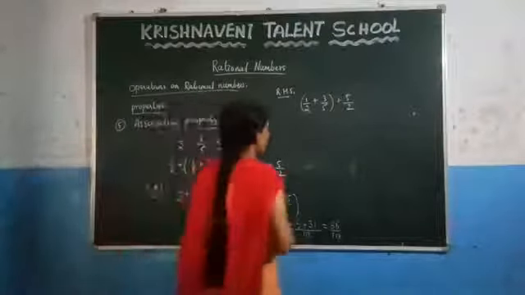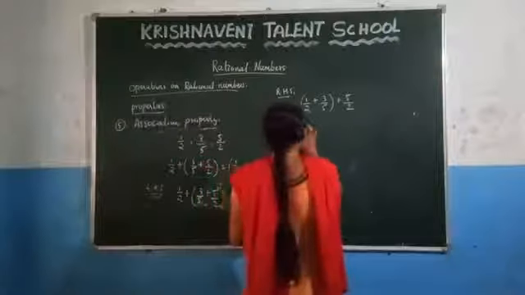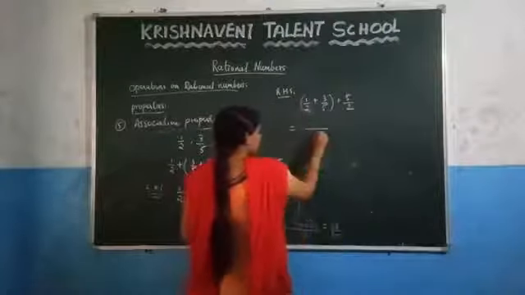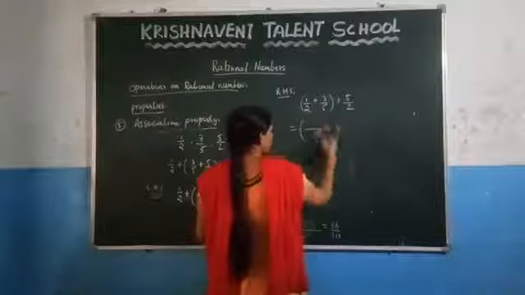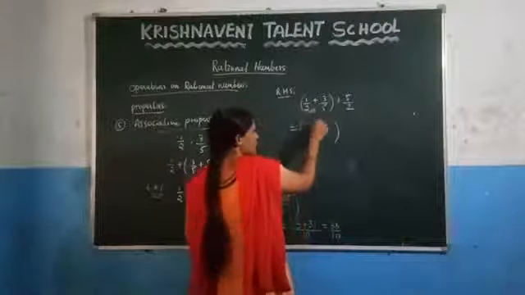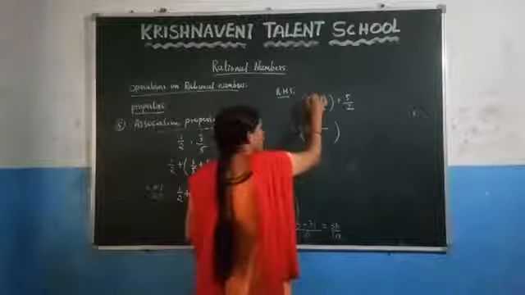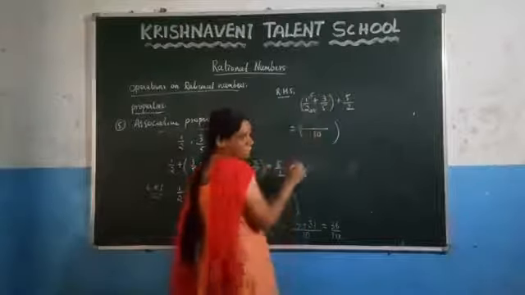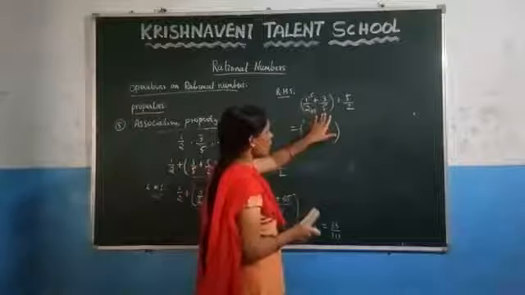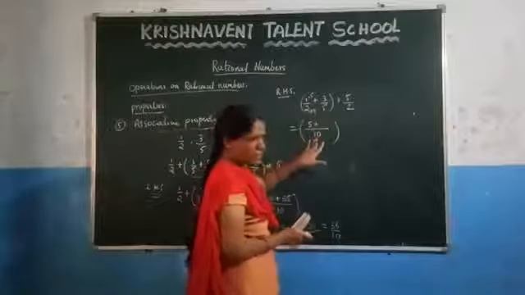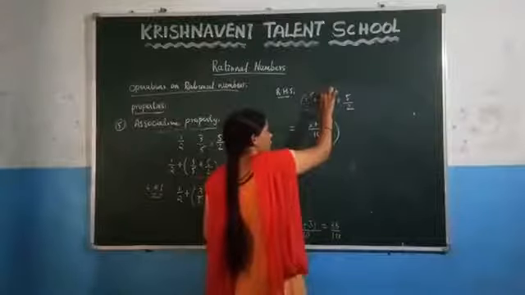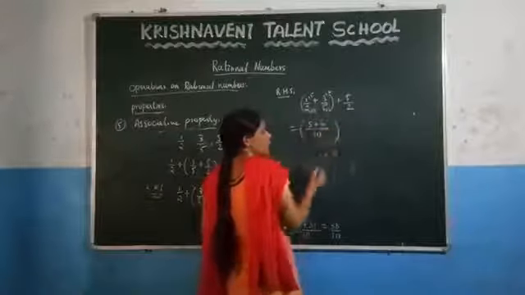Now let us add the first and the second number. What we have to do here is take the LCM of 2 and 5, which is 10. Here we have to multiply with 5, so that we get 2 into 5, which is 10. Since we are multiplying with 5, in the numerator also you have to multiply with 5. 1 into 5 is 5. Here which number do you have to multiply so that you get the result as 10? 5 to 10, right? So here also you have to multiply with 2. You are getting here 6.